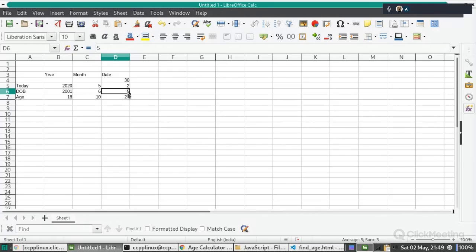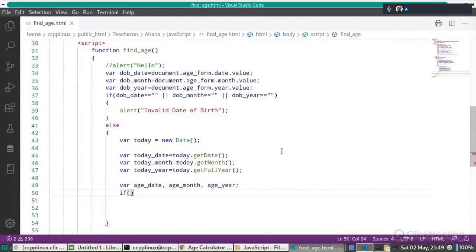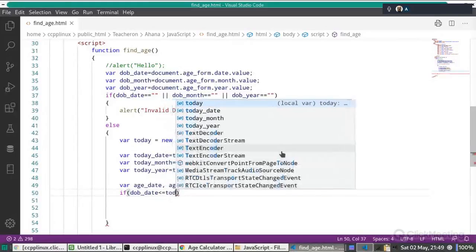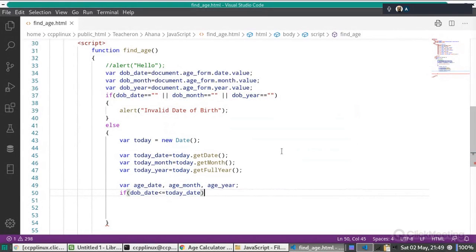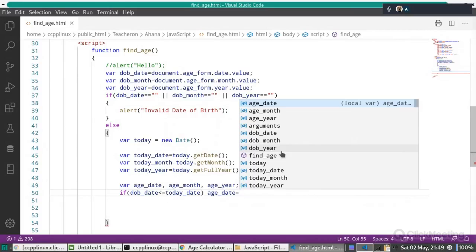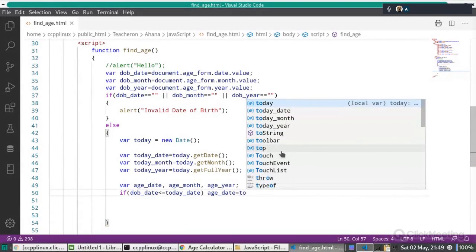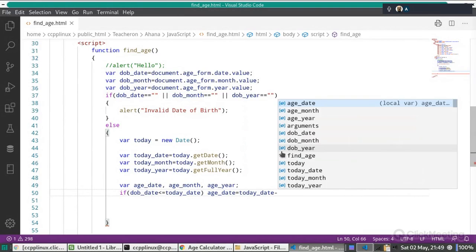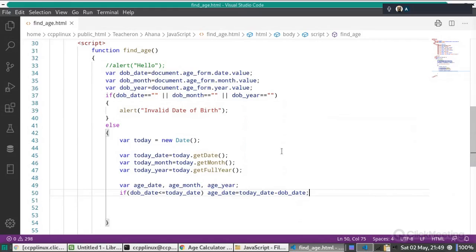We have to simply subtract this from this. So this is DOB date and this is today date. So if DOB date is less than or equal to today date, then in this case age date should be equal to today date minus DOB date. Do you understand? And else,